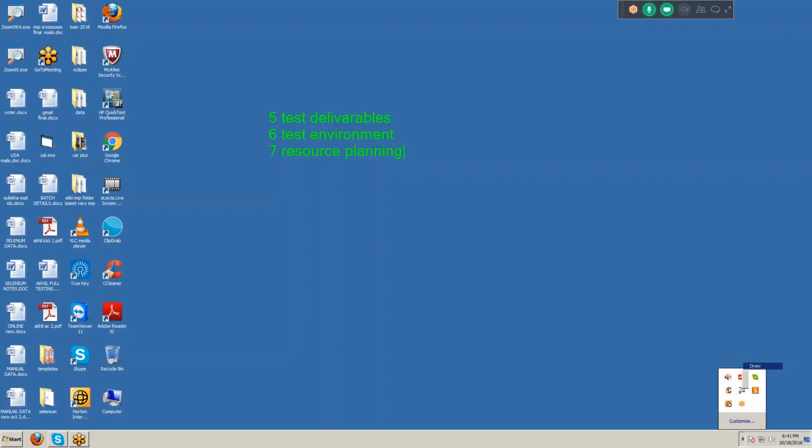For example, this project is a banking domain project. Are banking domain professionals available or not? They will analyze all the resources, and list it out here in this section, that is resource planning. Okay. 8th point,